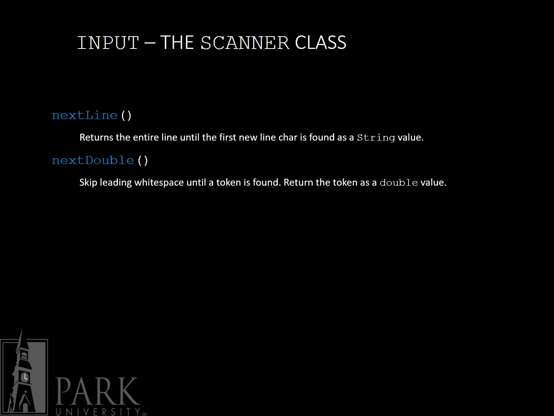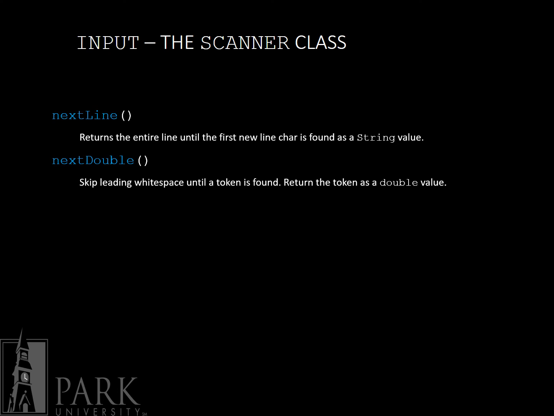The scanner class has lots of different methods to retrieve information from the console, and you're going to need to use the correct method depending on the type of results that you're expecting. So you've already seen an example of nextLine and nextDouble, in which nextLine returns the entire line until a new line is found, and it stores it as a string variable. nextDouble will skip the leading white space until a token is found, and then it will return the token